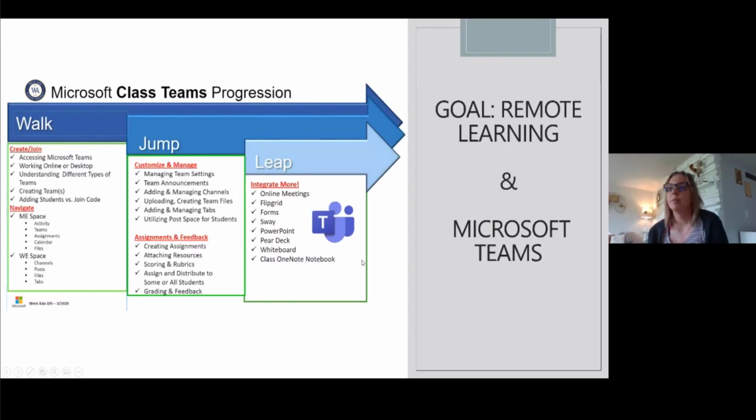The next one, so when remote learning, when this crisis, as Lisa kind of mentioned, this crisis learning hit just a couple of weeks ago, we knew that Teams, and specifically Class Teams, was going to be a focus for many of our teachers, if not all of our teachers across our large district. And so while we did have a Teams progression similar to this prior to just a couple of weeks ago, we specifically redesigned this progression to focus on Class Teams. We knew that was going to be our platform as a district for delivering content to students. And so we also needed to identify what the needs of the teachers were going to be during this time.